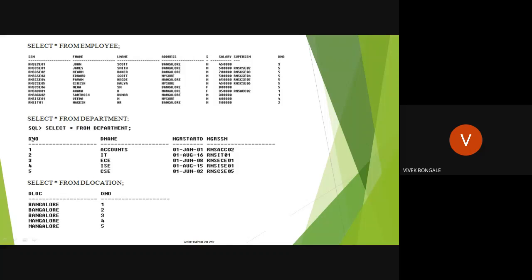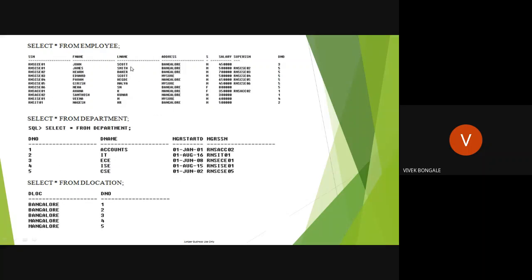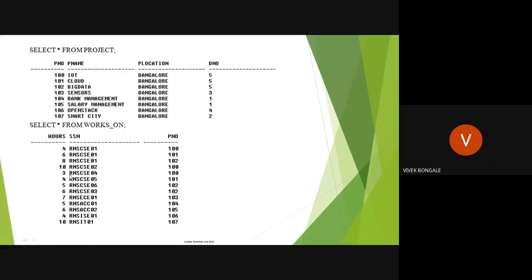That is the thing, right? So this one we can do. And one more thing is that here we can use the works on table and the employee table directly. Here there are two ways we can get the result. One thing is that we have to compare this one and this one, and this one from this one